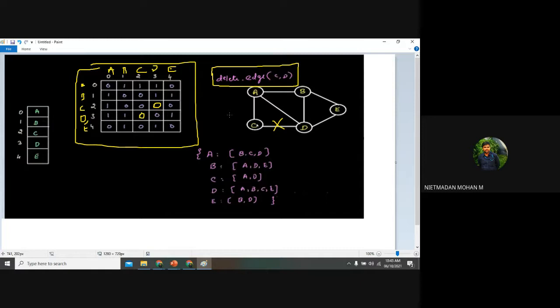Not a node we are deleting. If you are deleting a node, then the matrix representation will differ with one step upwards. That is, if you are going to create a 5 into 5 matrix, if you are creating a node or deleting a node, it will be minus or plus. That will depend upon your program. And if you are deleting an edge, the matrix will not be changed. Inside the matrix, the value will be changed. That is the thing. Clear? Yes, sir. So same in this list representation, what will happen now?